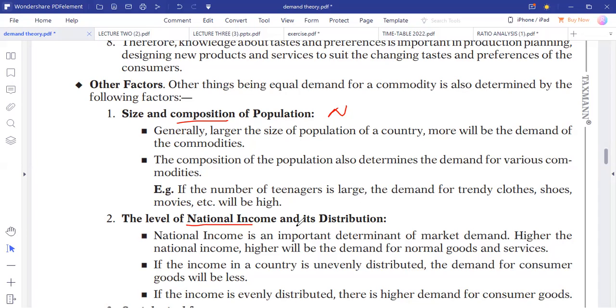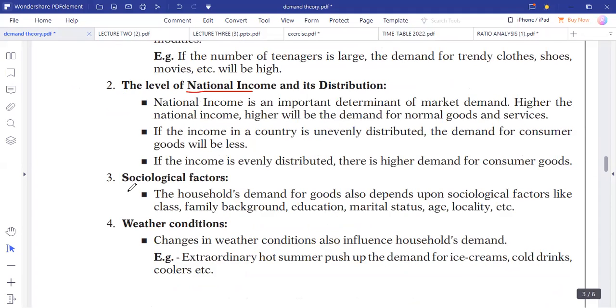The composition is also important, how these high earning income bracket people are composed. Other factors are sociological factors, which have to do basically with their backgrounds, education, marital status, and the kinds of goods they will demand. The weather conditions also are very paramount because they will determine what you're going to buy during